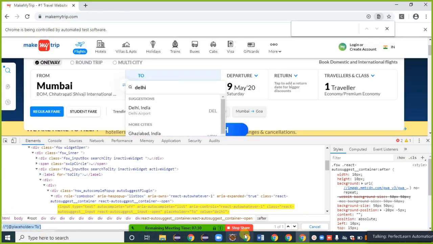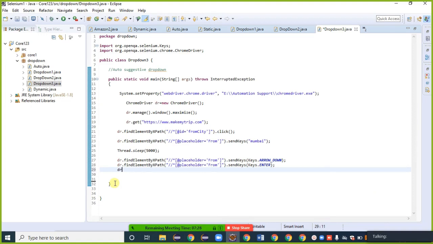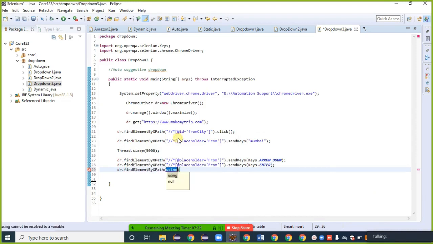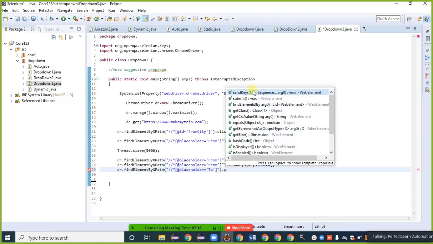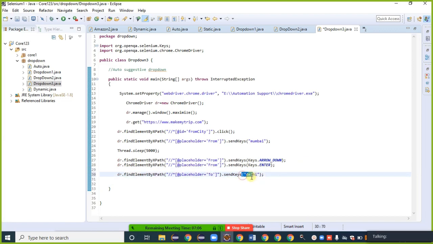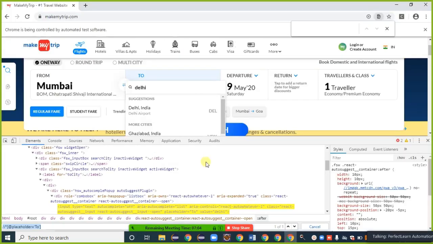Control C, driver dot findElement by dot XPath, control V, and I am providing dot sendKeys, double quote Delhi.